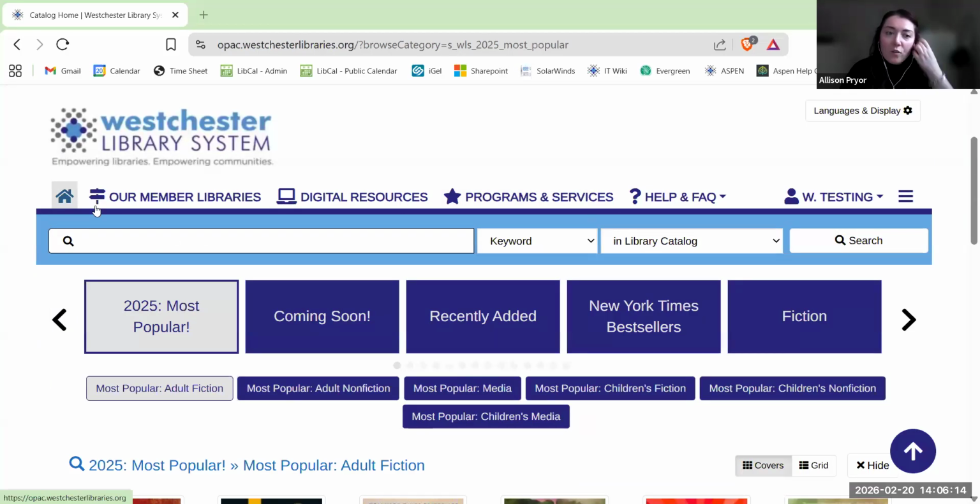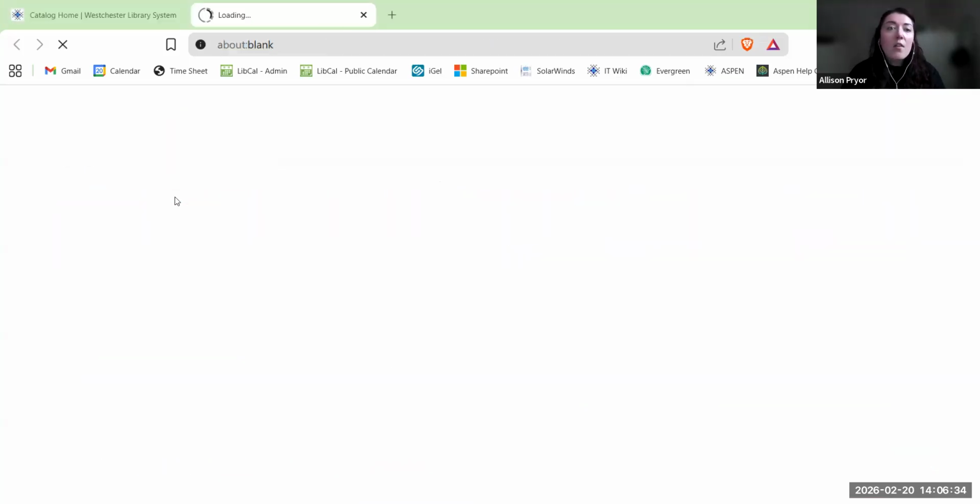And right above this, you see I have these menu tabs. This is called our top menu, and these are completely customizable. So you can see from the WLS catalog, I have a link to the library directory. So if a patron comes here first, but they want to browse within their home library's catalog, they can open